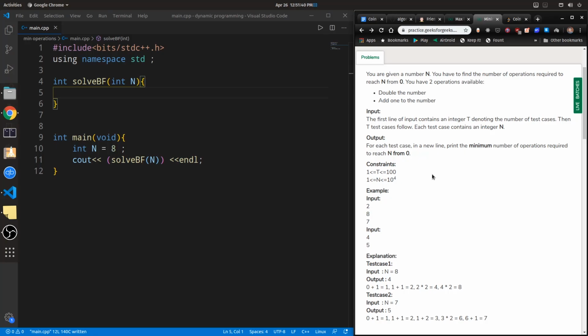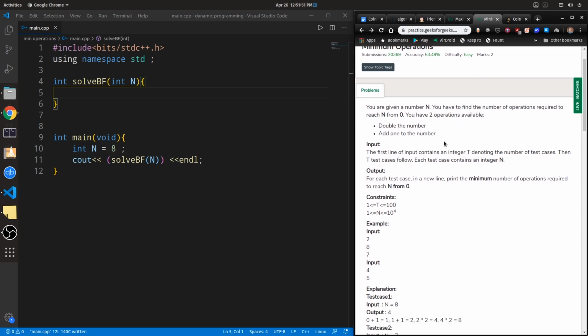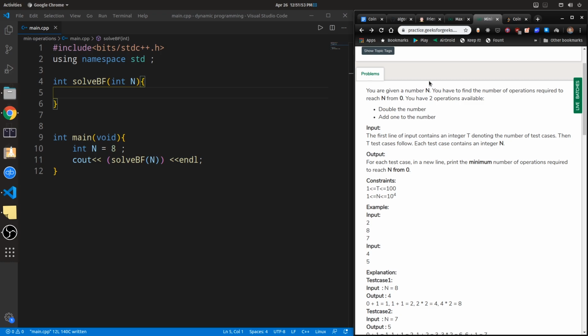Hi guys, let's solve one small dynamic programming problem today. It's called the minimum operations problem in Geeks for Geeks. So we are given a number n and we need to find the number of operations required to reach